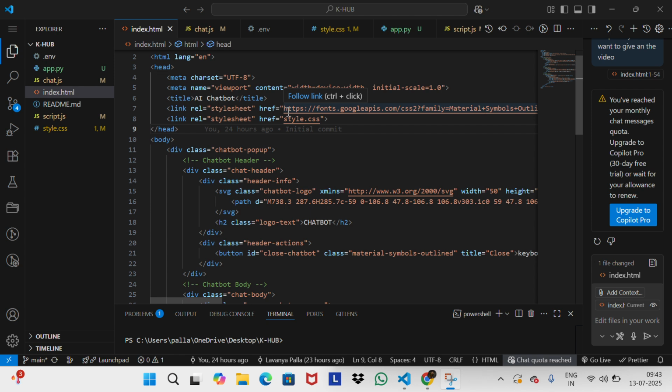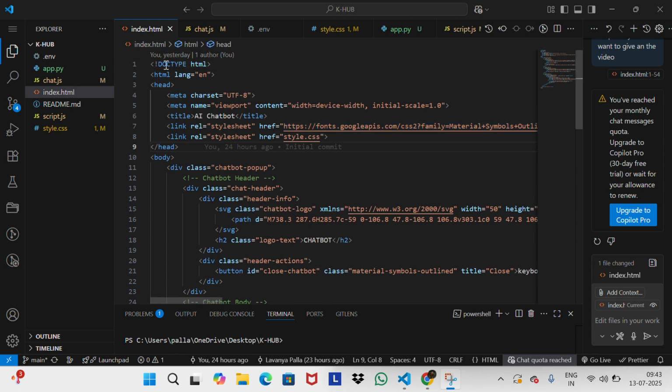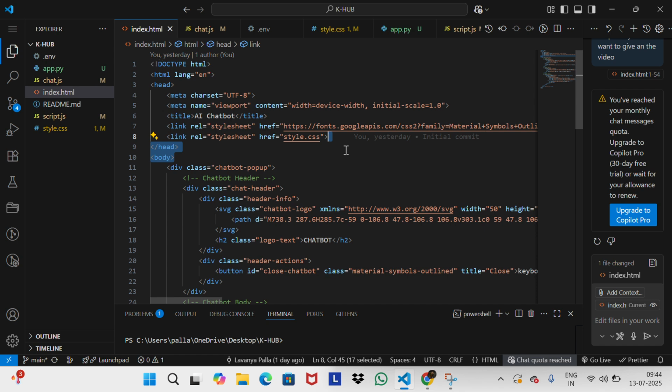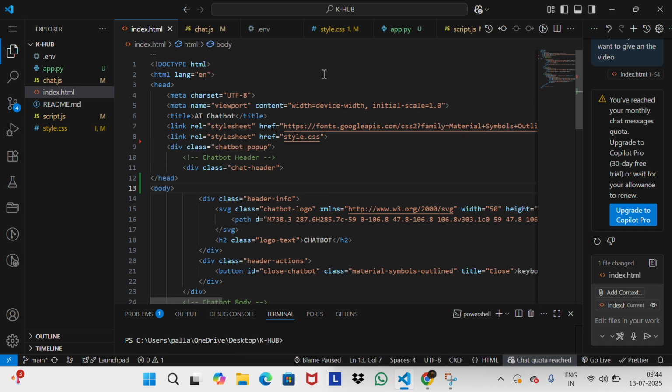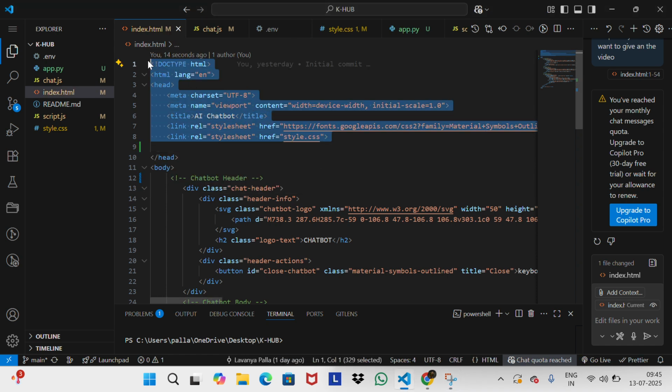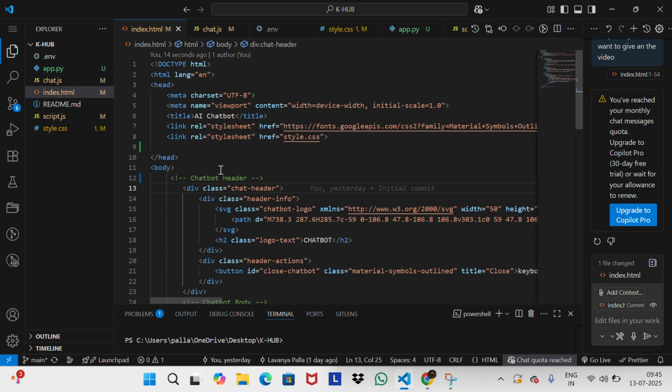What is HTML? What is the HTML full form? HTML full form is hypertext markup language. Why is it used? It is used to create a web page. So I chose HTML. This is the basic structure of HTML, and if you want to give some title and a link,